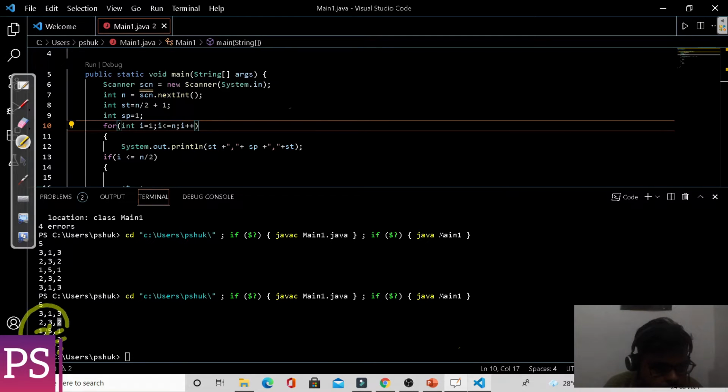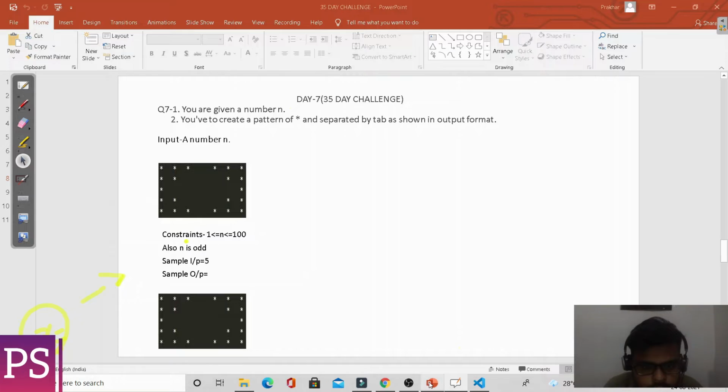So we are getting this now, but our main motive is to get the hollow diamond pattern like this, and not those numbers.